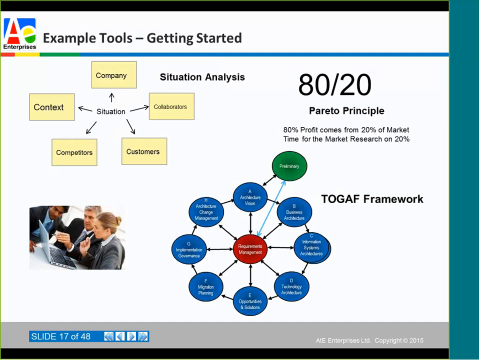Another tool we might use is called the 80-20 rule. This is the Pareto principle. Now, business loves this. When you're talking to them, they go, oh, it's 80-20. You know, we get 80% of our revenue from 20% of our business. Okay, so when we're going to be looking at that area of their business, we're going to have to do